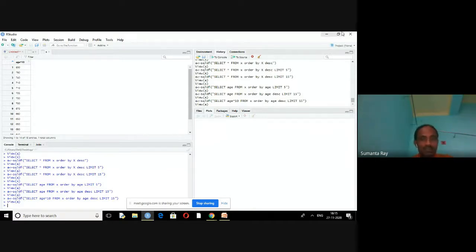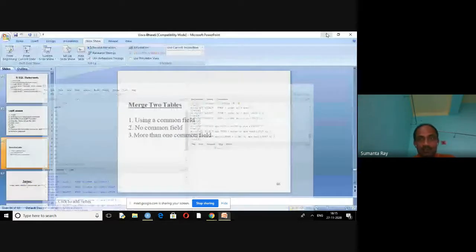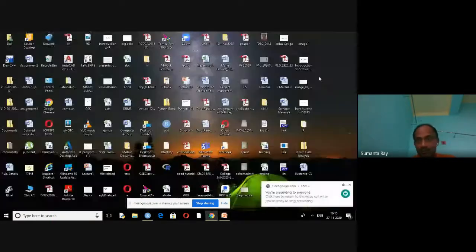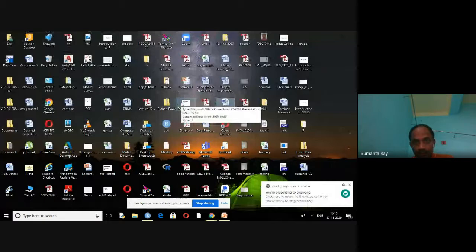So suppose here I have two different CSV data sets. The first one is a simple data set with name, salary, department, named ABC.